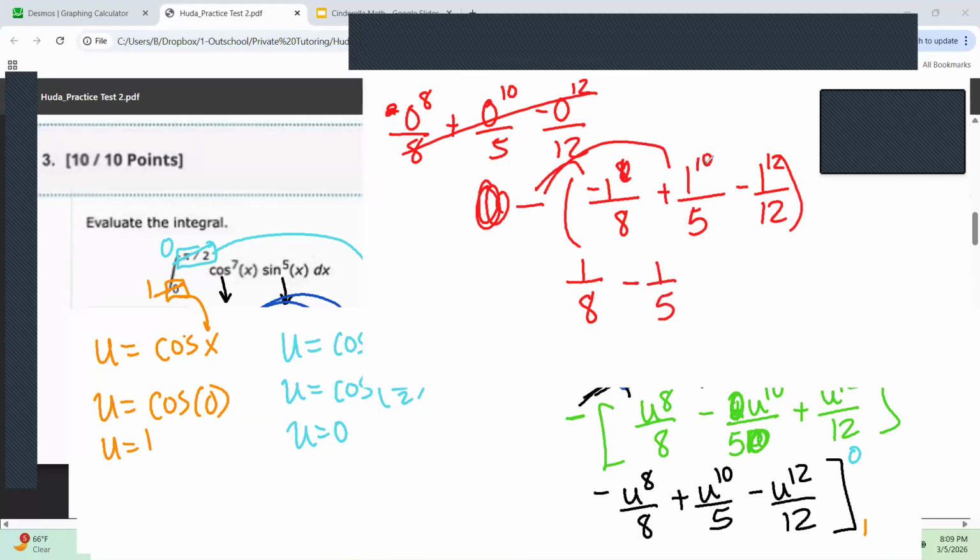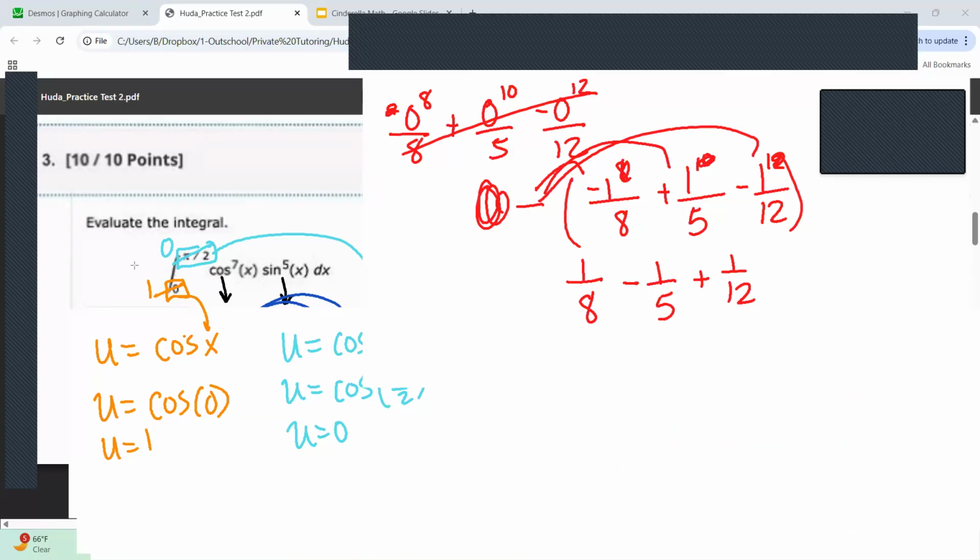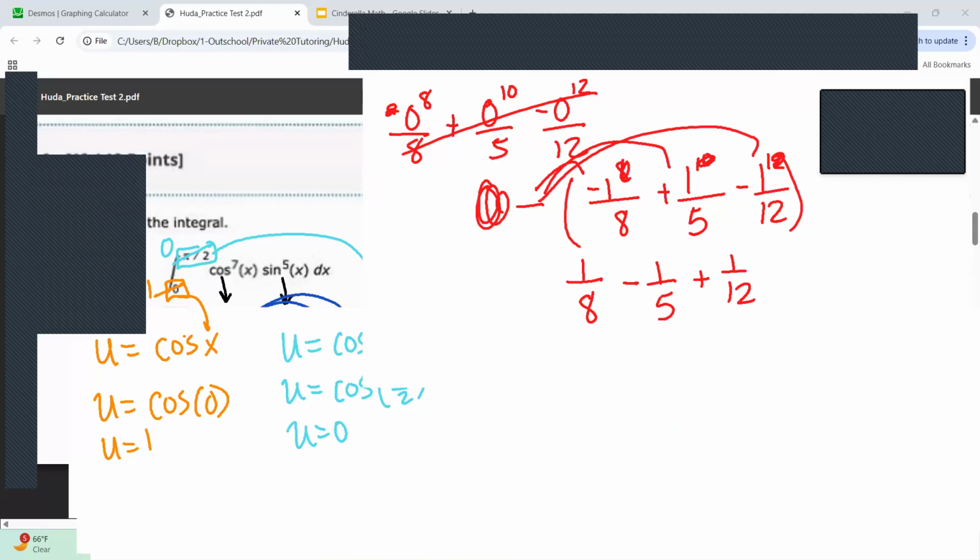Negative 5th, because again, that'll be 1. Negative, negative, so that'd be positive 12th, because again, that'll be 1. If you're allowed a fraction calculator, by all means, use a fraction calculator at this point. If you're not, and you have to crank everything by hand,